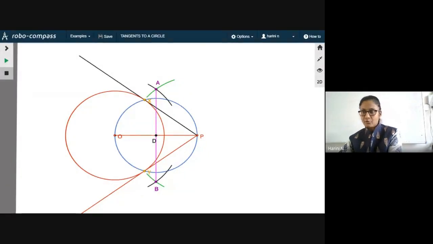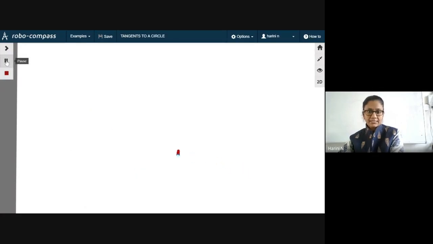Now I have brought it to a full screen. Hope it is visible to you. Yes, ma'am. Okay, so I will start with the first step. First of all, I have to draw the circle, for which I need a center and a radius, which I shall do now. So I'm just starting, just see what I'm doing. First, I will locate a point anywhere on the center of the page. Don't take it too much to the center, because what I'm going to do is I'm going to mark the point at a distance from the center.